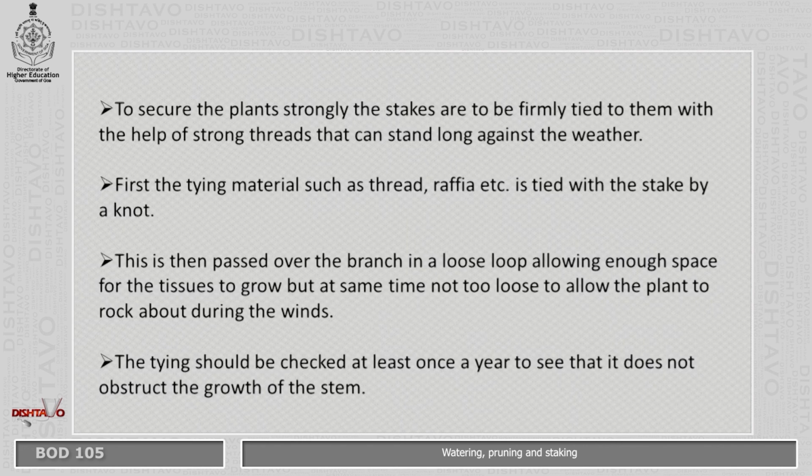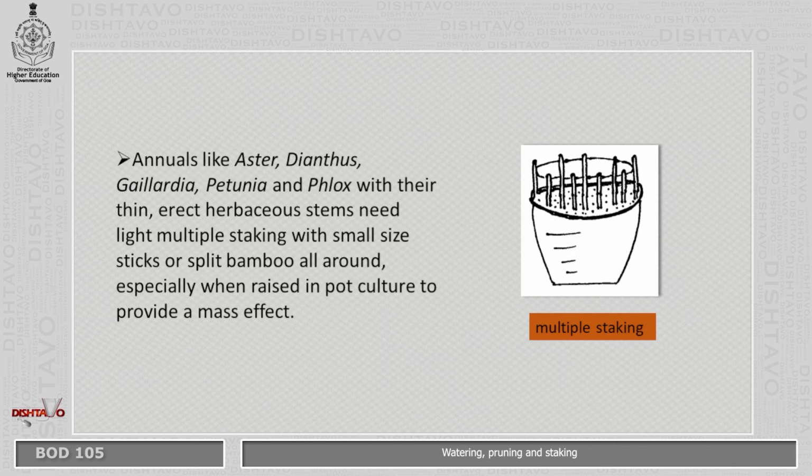Annuals like aster, dianthus, gaillardia, petunia, and phlox, with their thin, erect, herbaceous stems, need light multiple staking with small side sticks or split bamboo all around, especially when raised in pot culture to provide a mass effect.